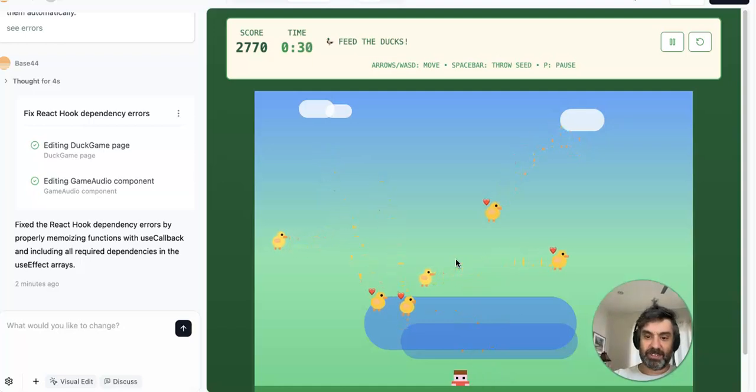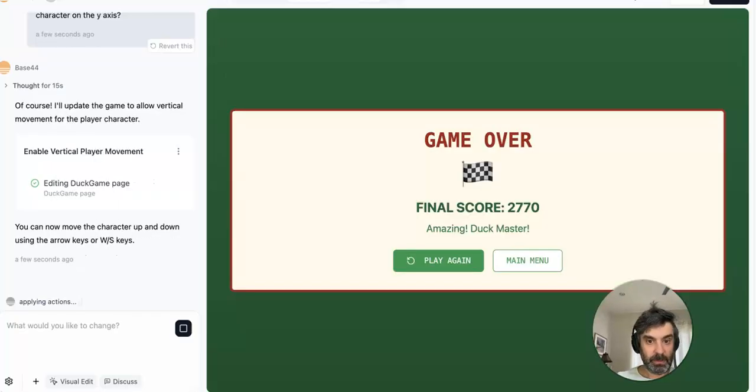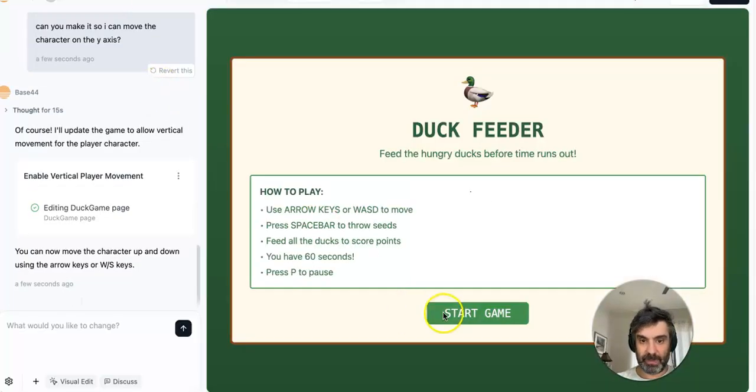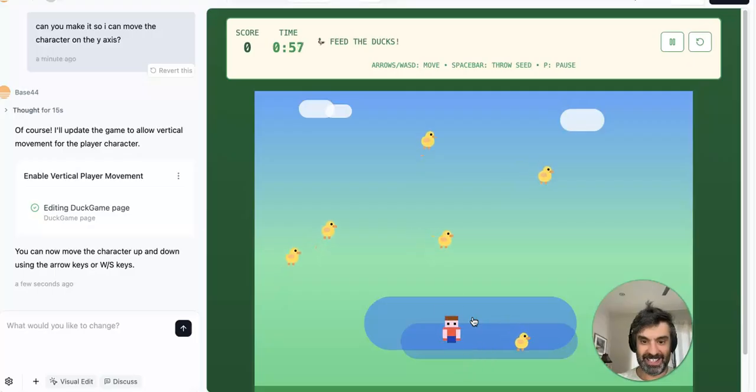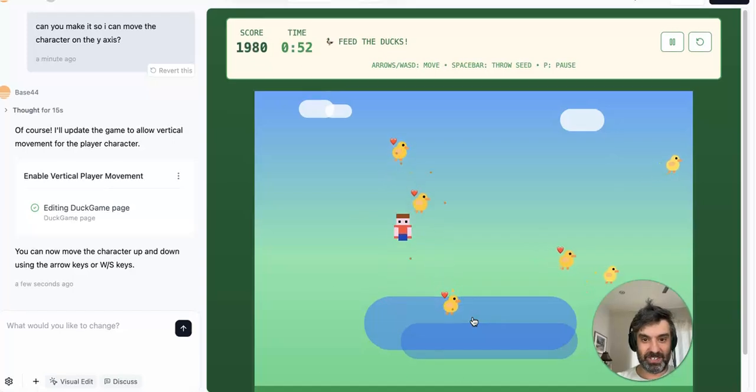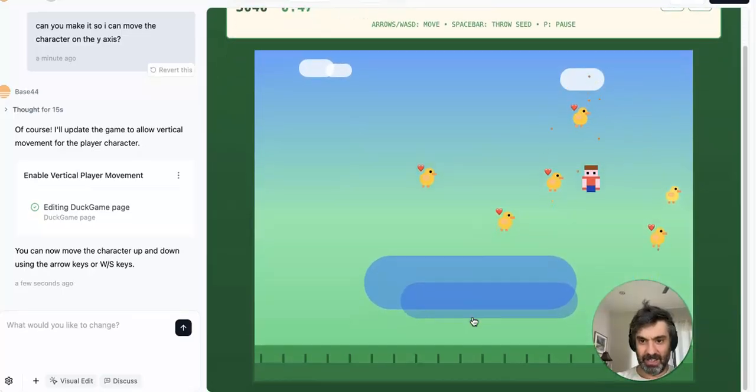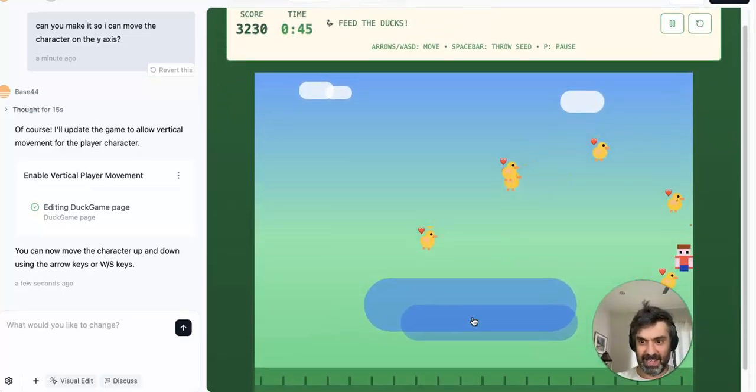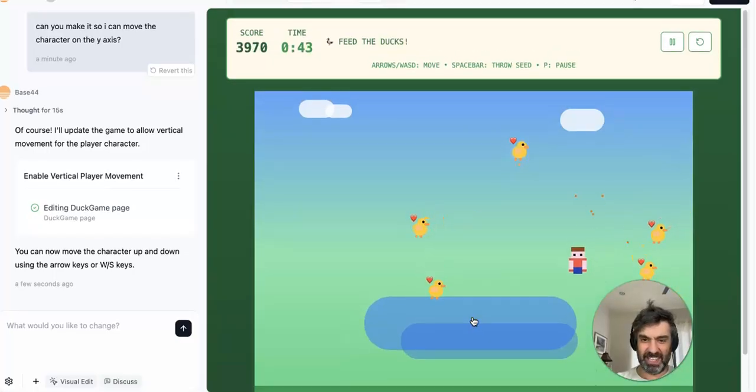So it lets me move the character along the X axis. So I've added it so that I can take the character and move her up and down the screen. You know, we'll see if I have enough credits to get that. Okay. And there it is. That makes it not just easier, but more enjoyable. And the game can still get harder by asking it. So I've now fed all the ducks. So the game,